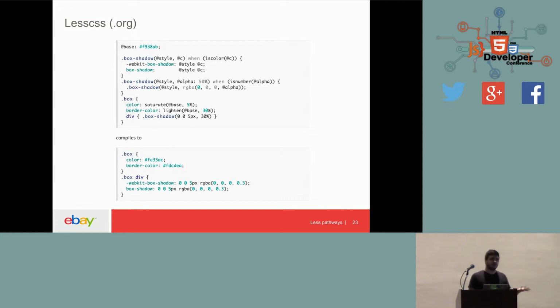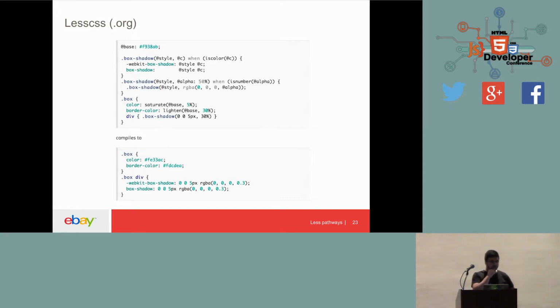As I said before, all examples here are in Less. Because sometimes people don't know it, Less is a CSS preprocessor. You can find it over there at that URL. There are others, like SASS. This can be done on both of them, but for this example, we're using Less.